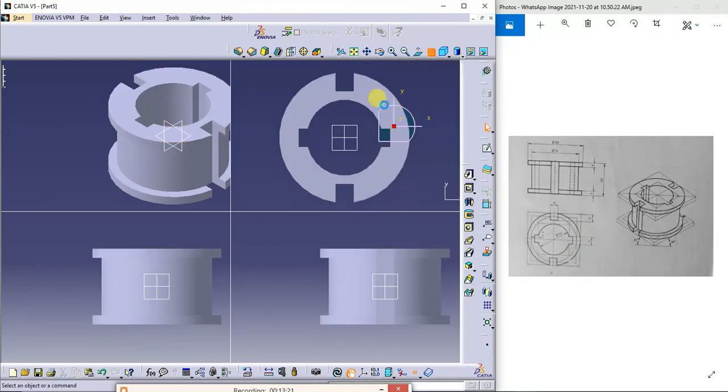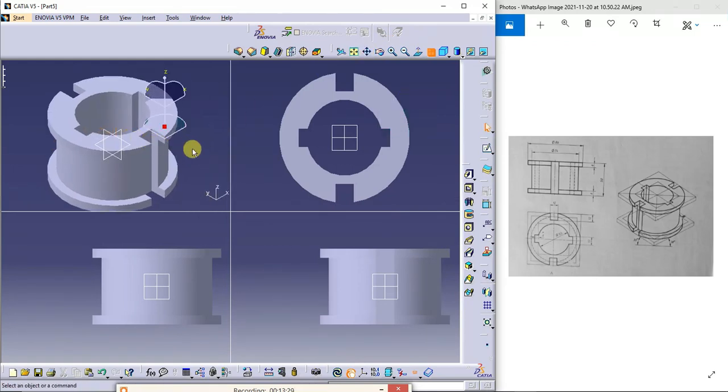So this is the top view, this is a front view of the given model. This is isometric view. Thank you.